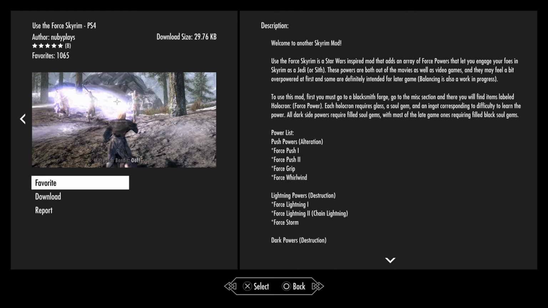To use this mod, first go to the Blacksmith Forge, go to the Miscellaneous section, and there you will find items labelled Holocron, Force Power. Each Holocron requires glass, a soul gem, and an ingot corresponding to difficulty. To learn the power, all dark side powers require filled soul gems, with most of the late game ones requiring